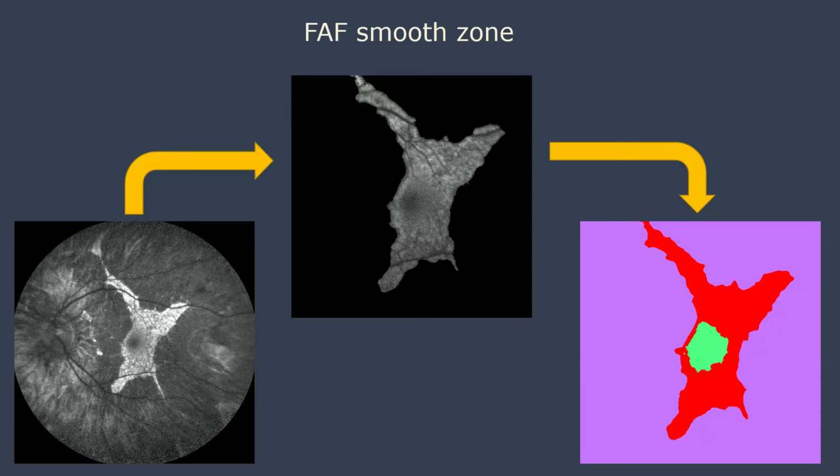There was this mottled bright effect, but also at the very center here, you can see a dark area. And as I said before, when it's very healthy, it tends to be quite dark. When it starts to get stressed, that lipofuscin really starts to light up. And so you do get this two-stage where there's mottled part of the autofluorescence, but also the smooth zone of